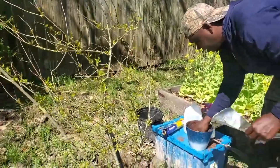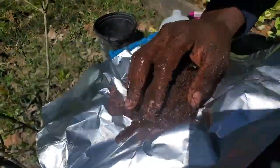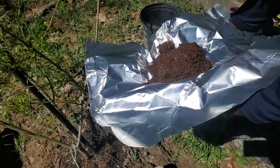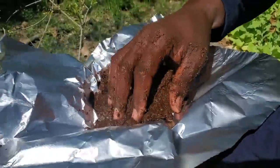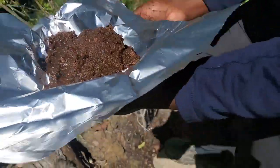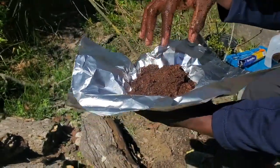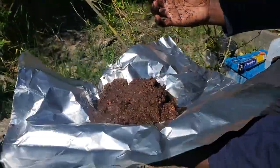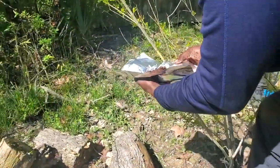Basically get you a good bit in your hand. And you just put it on there like you're about to make a sandwich, like a hamburger. Just put you enough on there. See how wet that is? That's good. And the aluminum foil is gonna hold your peat moss in place, and also it's gonna stop the sun from getting inside to the roots, and it's gonna mimic like this is underground, because that's where the roots wanna grow, underground. So I'm gonna take this here,